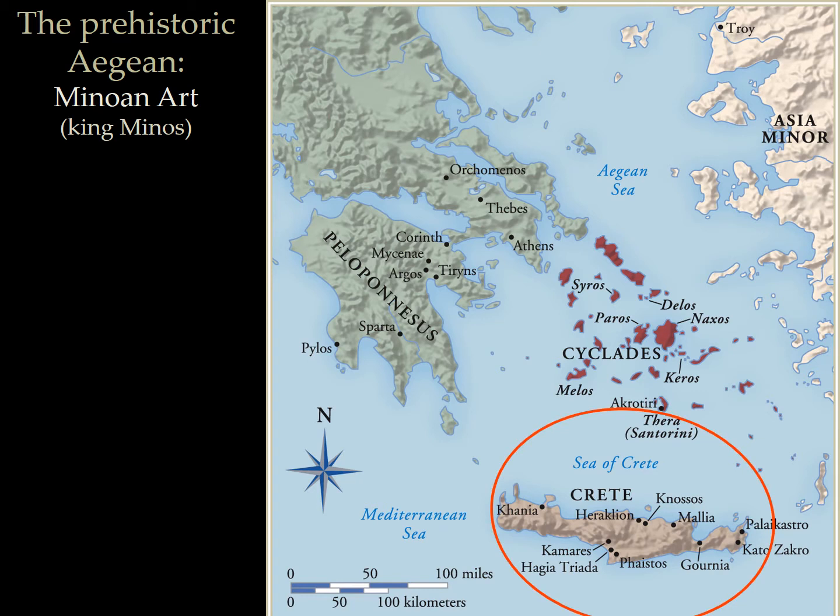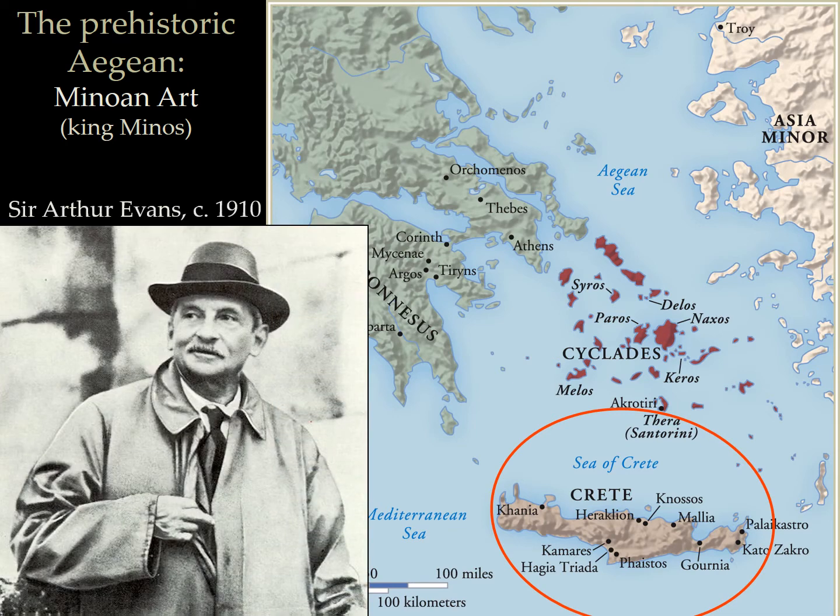Now, Crete is going to rise as the dominant superpower in the Mediterranean at this time. So we find that when we see the decline of Egypt, Crete is rising as a trading center that's going to be ruled by an oligarchy. Now, Sir Arthur Evans in 1910 discovers the palace that he believes is going to be that of King Minos,